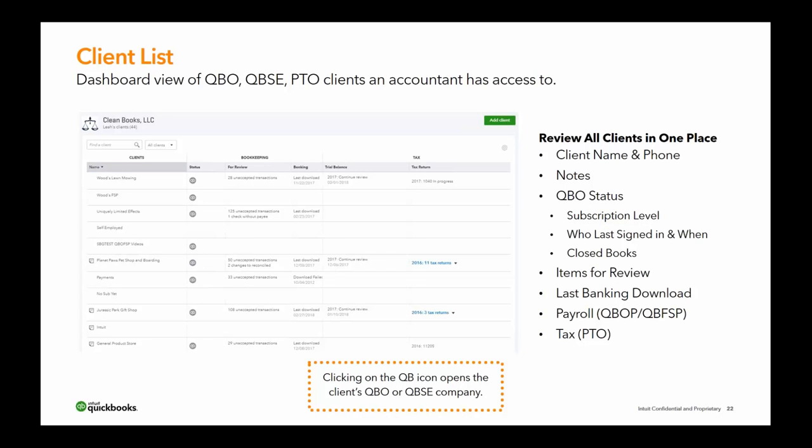So a couple things I want to talk about. Number 1, this is a dashboard that allows you to view your QuickBooks Online, your QuickBooks Self-Employed, or your ProConnect Tax Online clients an accountant has access to. So if your client's not showing up in this list and you have access to them, you may want to work with support to figure out how you can fix it so that they can show up in your dashboard